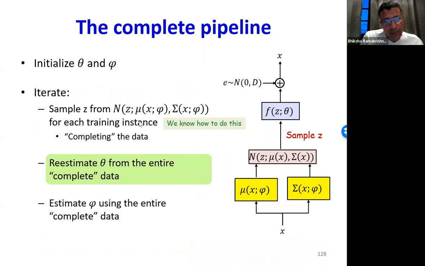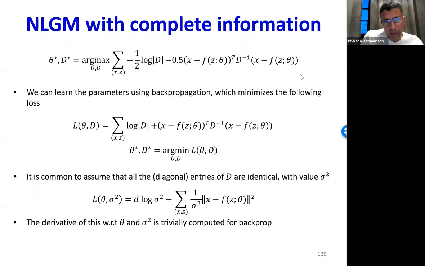So at this point, we know how to sample z, how to perform this step, right? So now that I know how to perform this step, let me see how I can use this z and this x for them to estimate theta. And that's easy. If I know the z for every data instance, then we've already seen that I can write out the log likelihood, or rather the negative log likelihood of the entire training data, because for every x, I also have the z. And this term can be optimized with respect to theta and d using standard gradient descent,